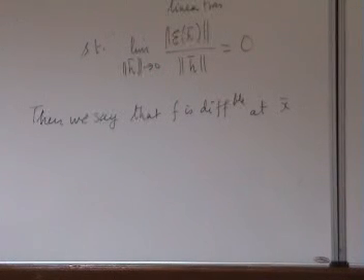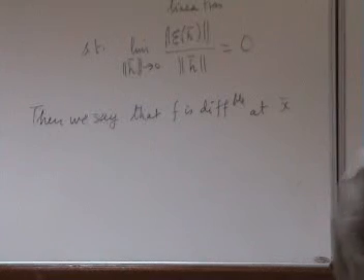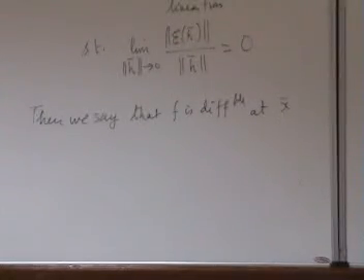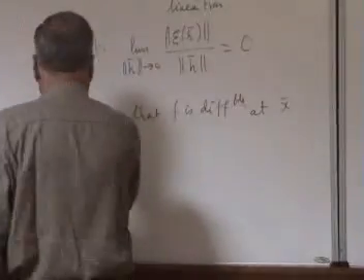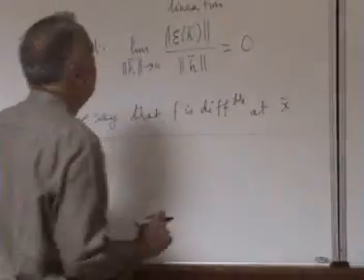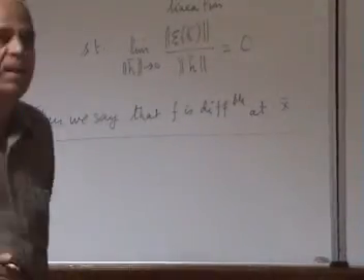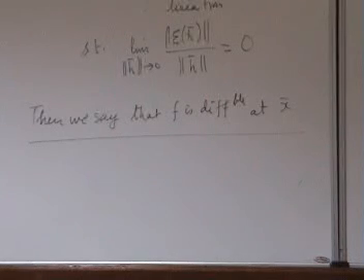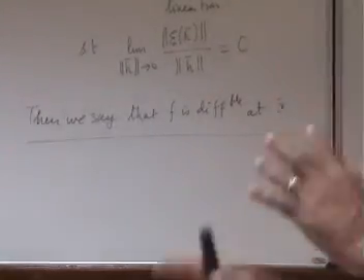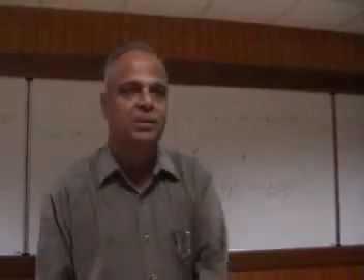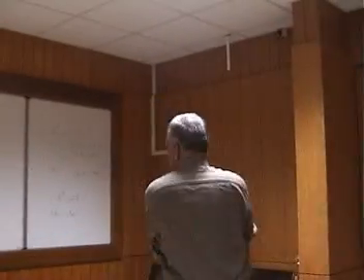The ijth entry, if things are nice, will be the partial of fi by partial of xj, all those things. I will not write all those things. The main idea is the linearity: the increment in the function is a linear function of the increment of the variable, plus something that goes to 0 at a good rate. That's what the idea is.